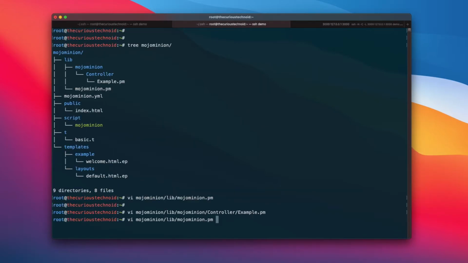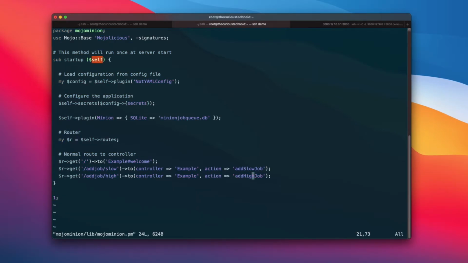As I mentioned a while ago, Minion comes with a pre-built admin console to monitor the jobs. Let us add a route to access that. Let's go back to our main library file where the routes are defined to call the admin console. Admin console can be accessed with the plugin Minion Admin.